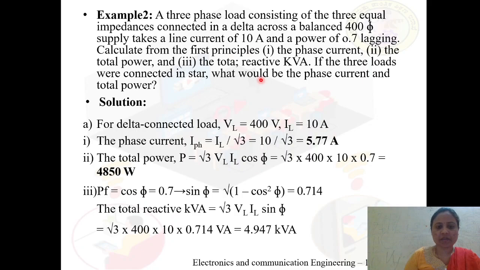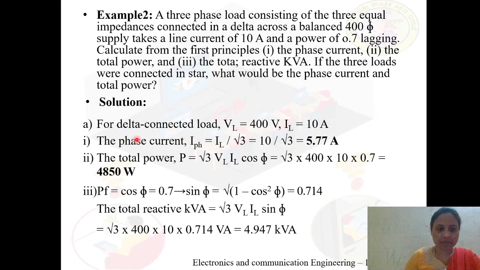Similarly, let us take another problem. A three-phase load consists of three equal impedances connected in a delta across a balanced 400 V supply, and takes a line current of 10 amps at a power factor of 0.7 lagging. Calculate from first principles the phase current, total power, and total reactive kVA. If the three loads were connected in star, what would be the phase current and the total power? So first they are saying the load is connected in delta. We have to find the phase current and the total power,